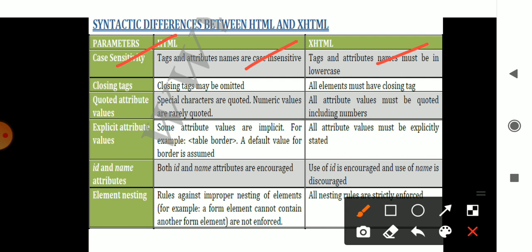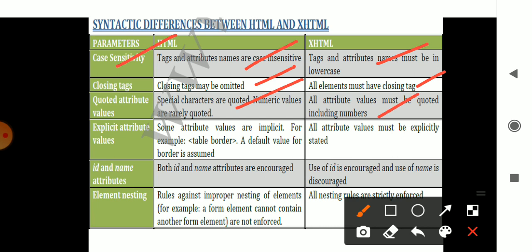Closing tags can be omitted in HTML, but in XHTML the closing tags must be present. Special characters are quoted whenever used. Here all attribute values must be quoted, including numbers also.